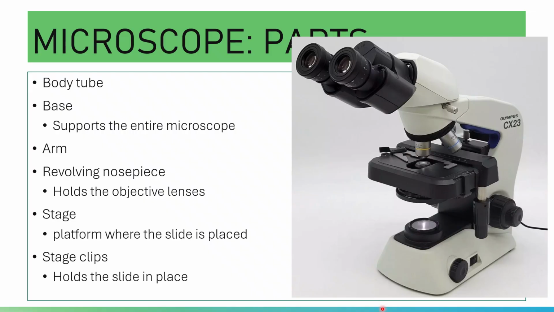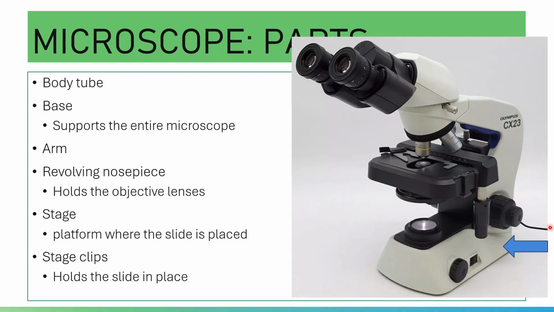And then you have the base. The base is the bottom support that stabilizes the microscope. And yes, it usually houses the electric illuminator and the power components. You have the illuminator here, the rheostat or the light adjustment knob, and then you have your power switch. That is for the base.